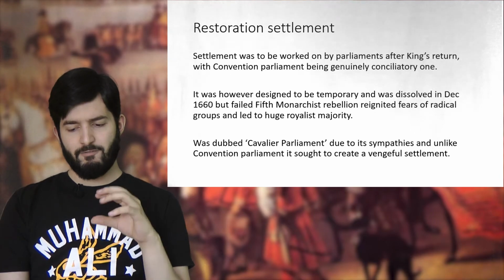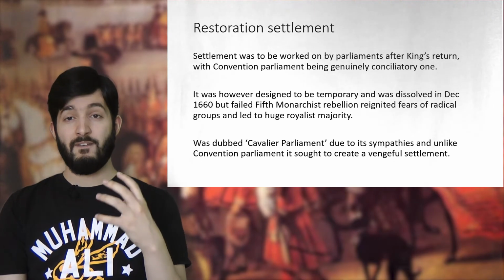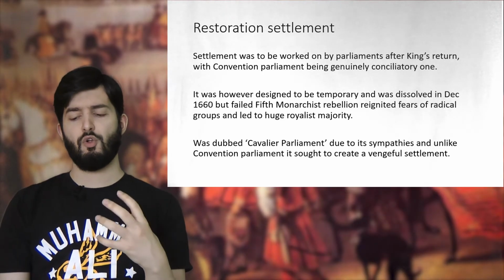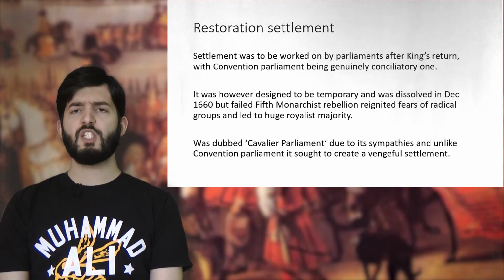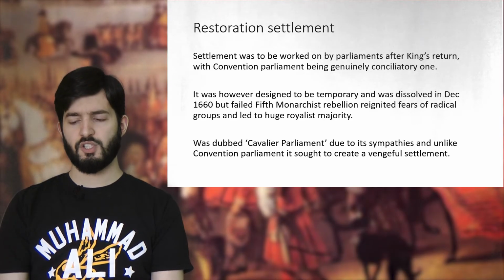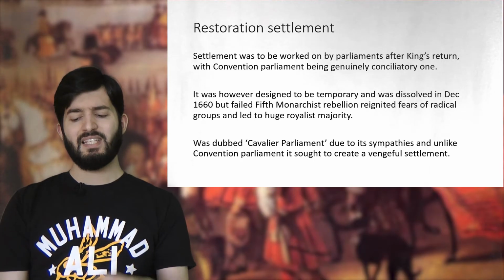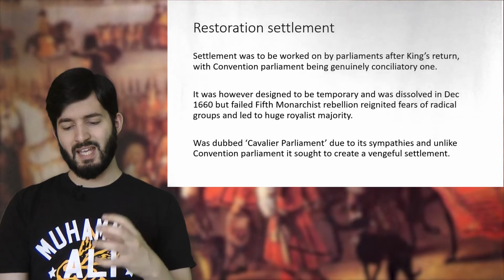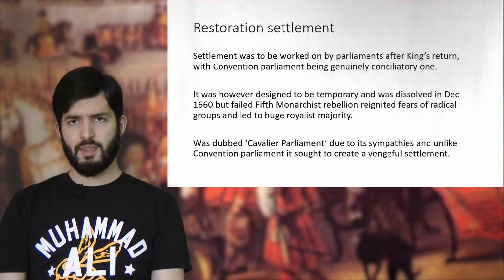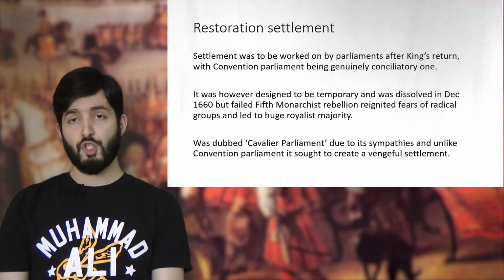But crucially and fatefully, in that year there is a failed rebellion by a Fifth Monarchist group, this same kind of radical group you mentioned earlier who believed in the return of King Jesus. And so this once again reignites fears across the country of radical groups. And what that does in response is it leads to a huge royalist majority being produced in that year's elections. And so you get the parliament being referred to as the Cavalier Parliament in response due to its sympathies